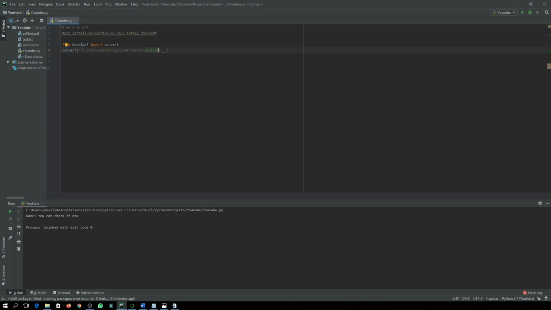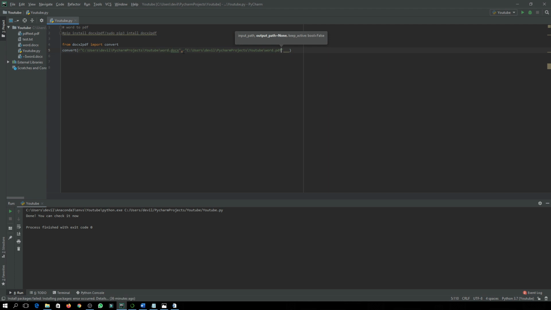Write it here, then put a slash and write the name of the file. My file name was word.docx. Then put a comma, copy that string again, put it here, and change the name to word.pdf.